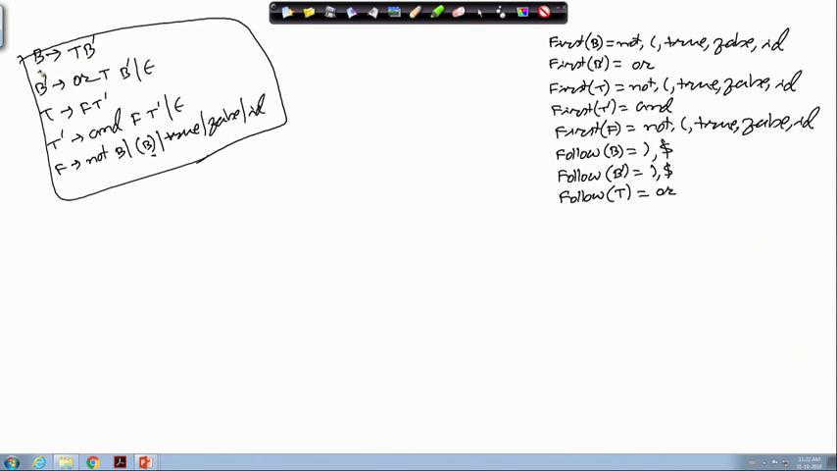So, whatever is in follow of B will be in follow of T, because B dash can give me epsilon. So, follow of B has got open close parenthesis and dollar. So, those two symbols will be there, close parenthesis and dollar. Similarly, you can find out that follow of T dash will be equal to OR, close parenthesis and dollar, and follow of F,